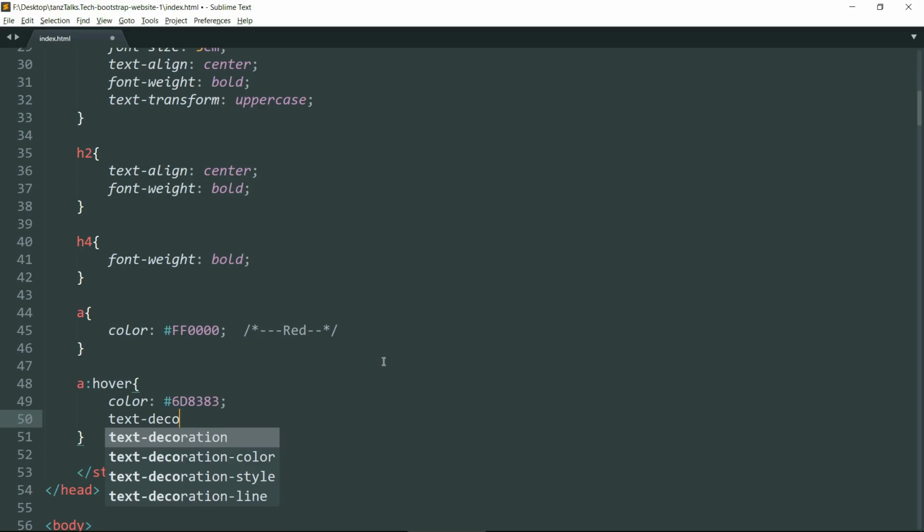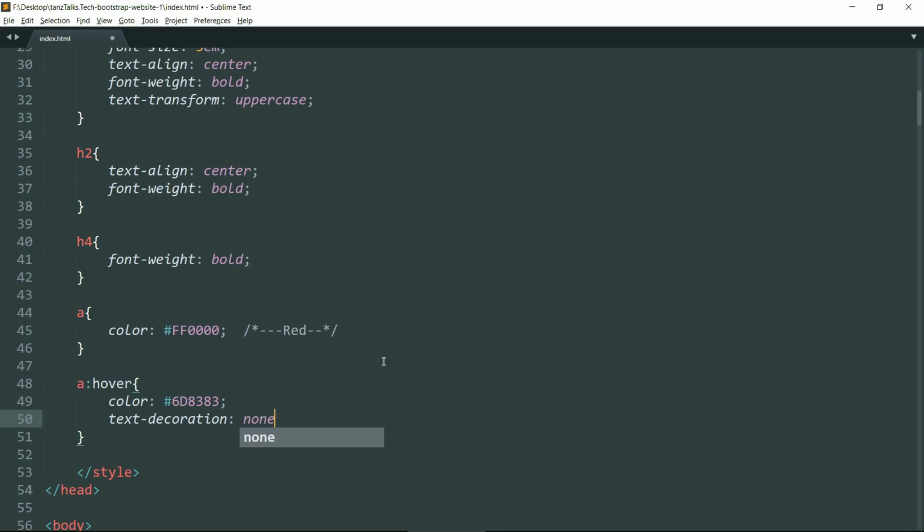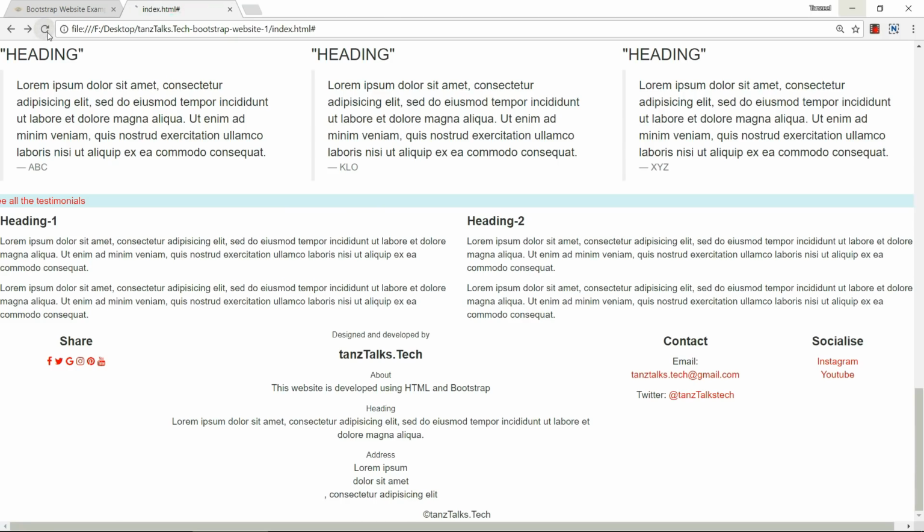Then text-decoration as none, because we do not want that underline to be there when we hover over the links. Yeah, there are no underlines now.